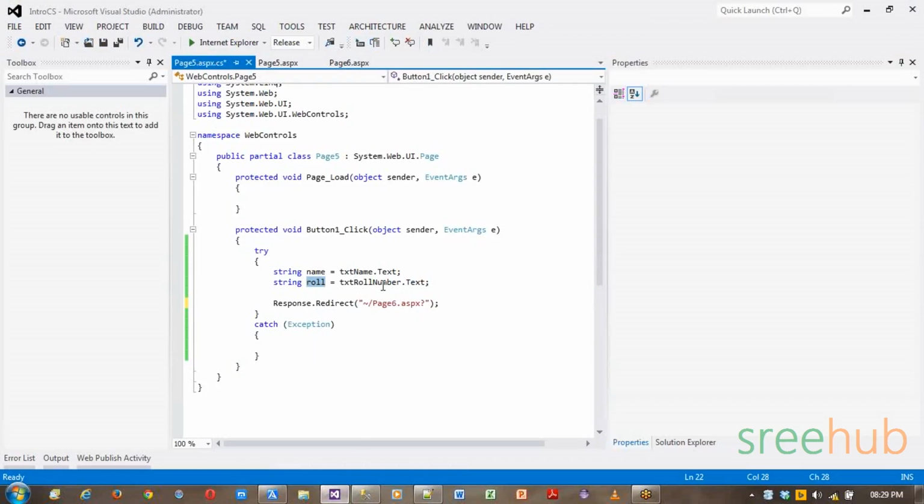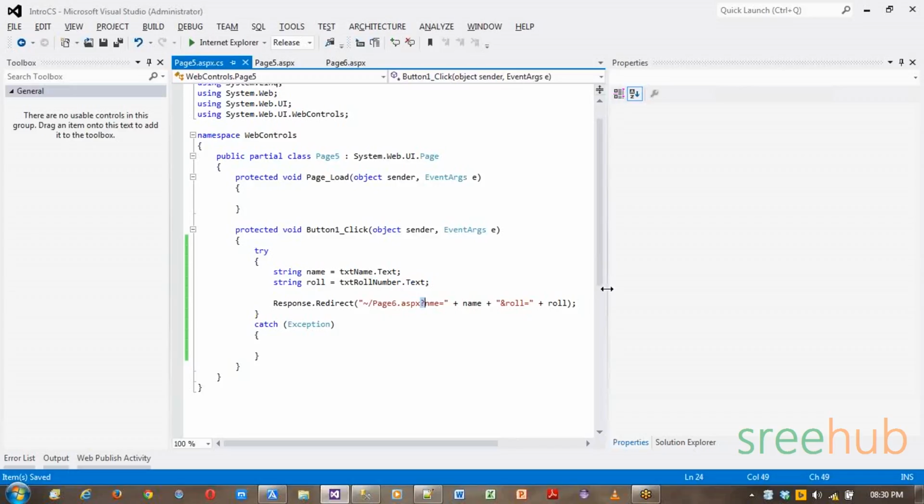Same way here you can pass your query string. Now I want to pass name and roll. How can I pass them? Here I want a key. Let's say my key is nme. You can take anything, name directly or nme. To keep it short, let's say nme is equal to percent, and for my roll, let me call it roll is equal to. Here for nme I'll add the string called name, and for roll I'll add the string called roll. This is my first